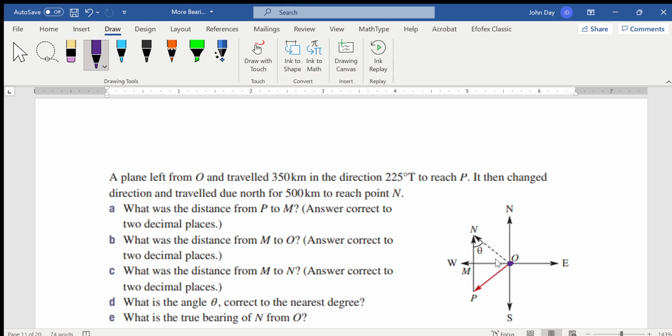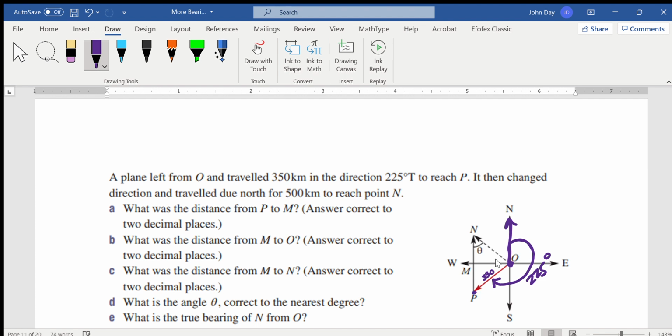In this question, we start here at O, and the plane travels 350 kilometres at 225 degrees true. So you can see if you draw in the north at O there, which they've done for you, this angle, as you go clockwise from the north around to that line out there to P, which is the direction the plane travelled, they're telling you that's 225 degrees. And they said it travelled for 350 kilometres, so we'll write that in there on that line, to reach P,